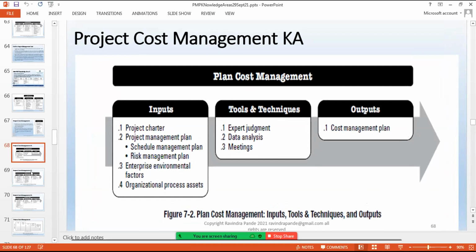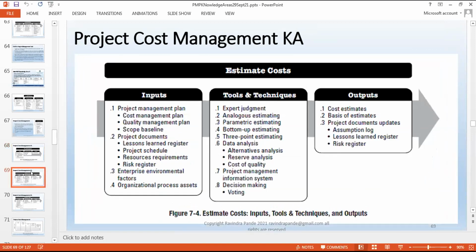Okay, let's take a step further. Now, estimate cost. In cost planning, the estimation cost is one of the most important factors, where we decide how to estimate, and you should form a uniform methodology. There are a couple of tools and techniques available as far as estimating cost goes, but we normally stick